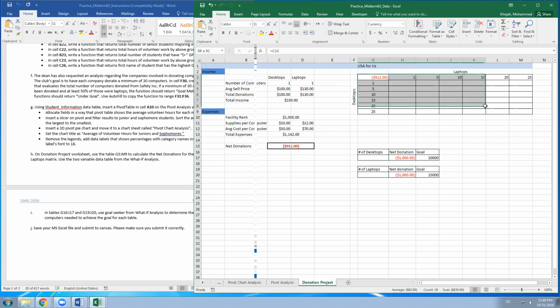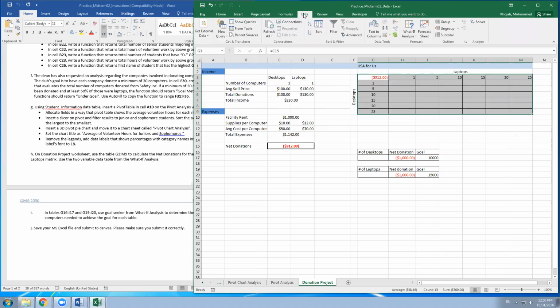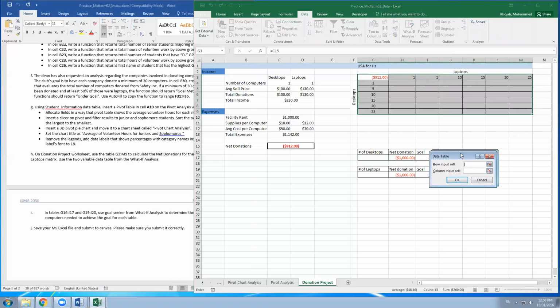So by doing that, you need to select this whole table. You go to data, and you go to what if analysis. We've done scenario managers. We've done the solver in the assignment. I encourage you to go and do that again, be familiar with it. But here we're gonna do the data table. So we have two